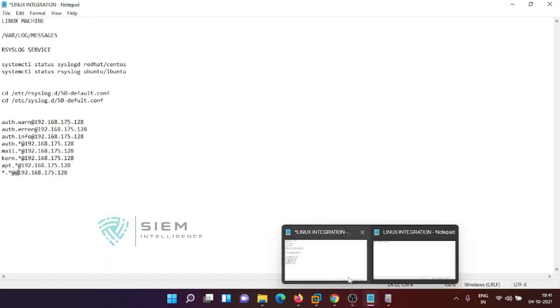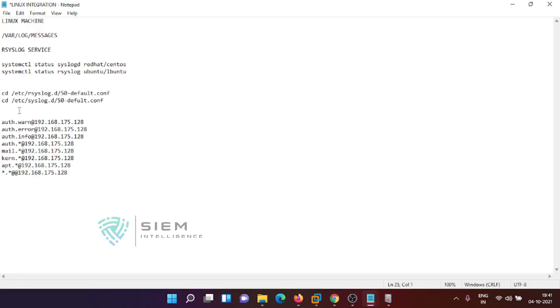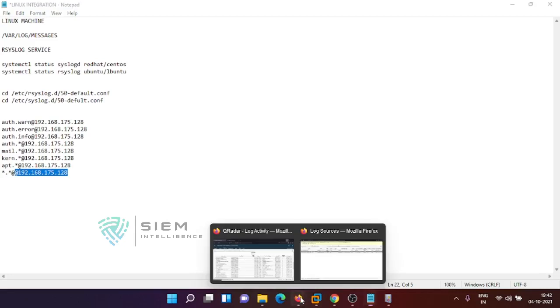Once you add this particular location in this entry to syslogd, again I am saying you can also send by log levels and by log modules. You can say there is authentication, you want to only send authentication logs, you can configure only like this. But I want to send each and every log of Ubuntu, whatever log is created in this particular OS. To do that, I am giving only wildcard entries, that is star, to this particular QRadar. That is how we got some logs.